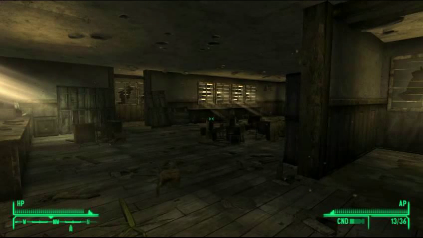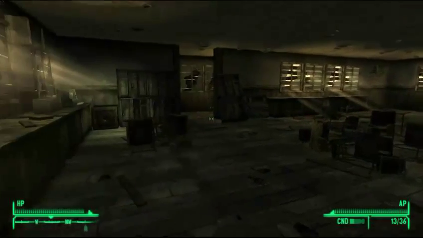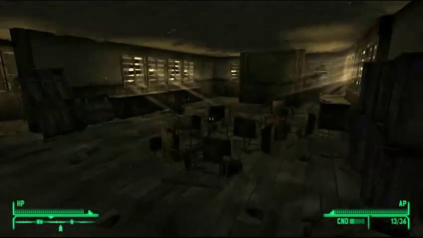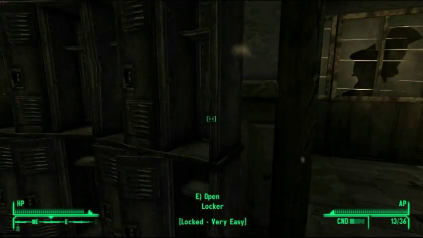Hi, Bashar here, and today I'm demonstrating my resource-based lockpick and hacking mod. Now, we're at a location most of you will recognize. This is the Good Springs Schoolhouse, and over here we have a computer, and over here I locked some lockers,